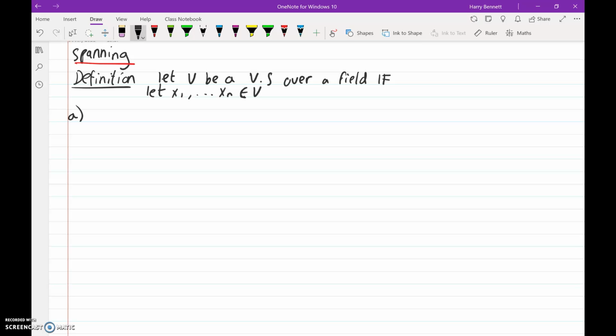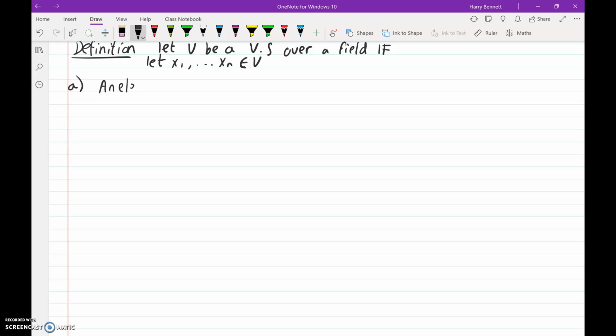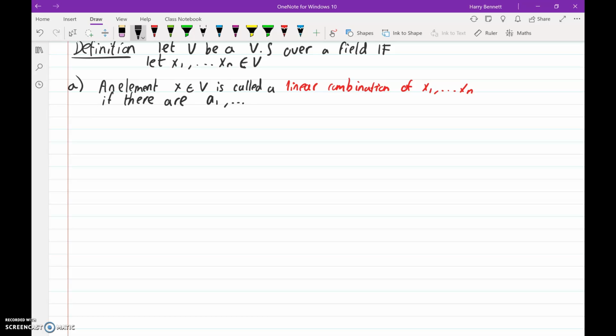Firstly, we say an element x, which is in V, is called a linear combination of x1 up to xn if there are a set of elements a1 up to an, which are in the field F, such that x is equal to a1 times x1 plus